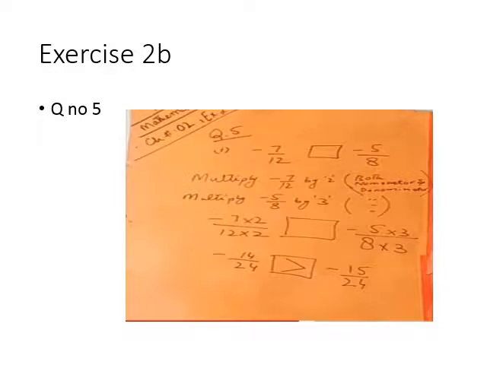In the first fraction we will get minus 14 by 24 and in the second fraction we will get minus 15 by 24. If we see here, with the negative sign, minus 14 is smaller, 14 is smaller. We will consider it smaller, and 15 in positive we will consider bigger. In negative signs the reverse will occur. Minus 14 is greater and minus 15 is smaller. So we will write the sign of greater towards the minus 14.